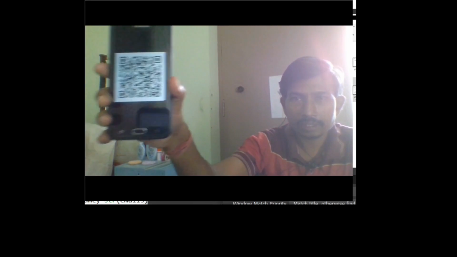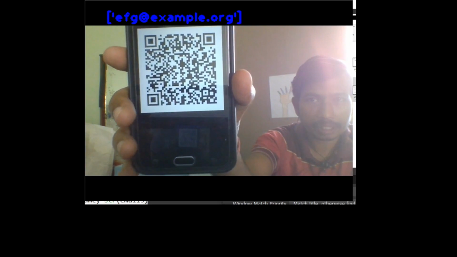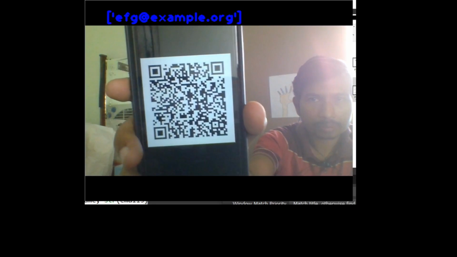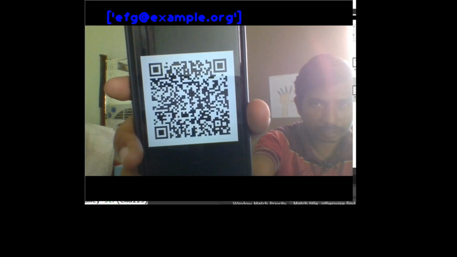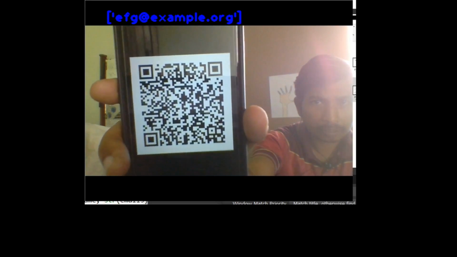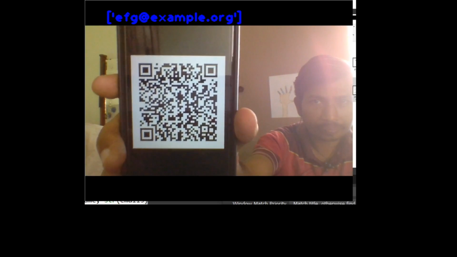Here you can see when that cell is executed, and if I show the QR code to the camera, it will automatically extract the information.